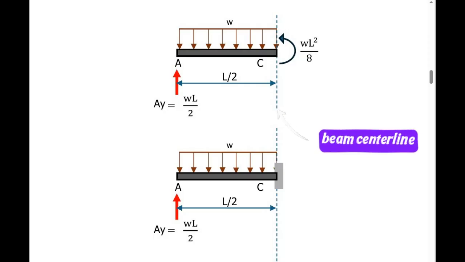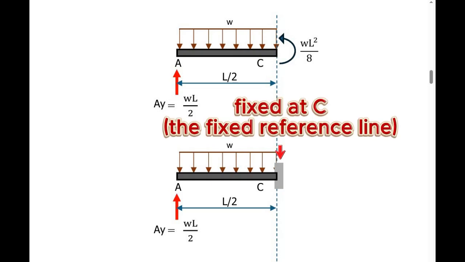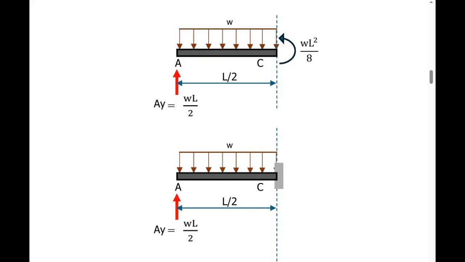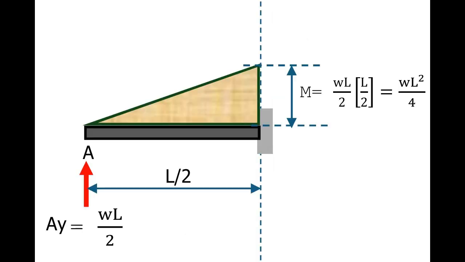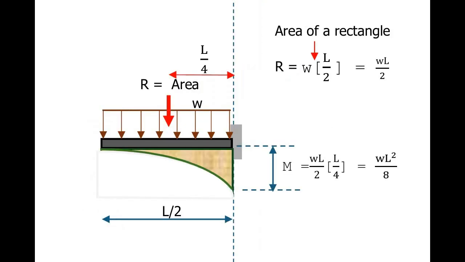After cutting the beam, we will select a fixed reference point in order to have an equivalent cantilever beam that in turn replaces the area of the bending moment diagram of the beam with the same result. In this example, point C is my fixed reference line. Point A is also possible to become the fixed reference line and will also yield the same result. Selecting point C as the fixed reference line, the result will be a cantilever beam under the action of a uniform load applied over the entire length of the beam and a point load applied upward at the end of the beam. We can now determine the moment reactions of the fixed support by applying equations of static equilibrium,